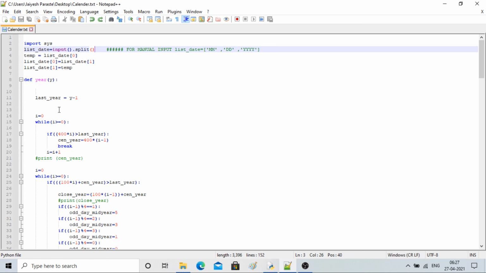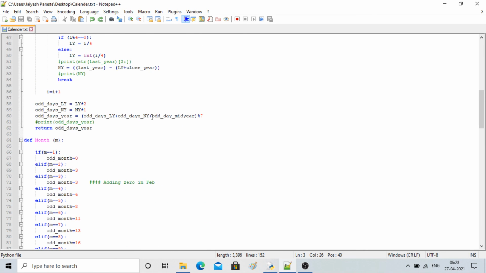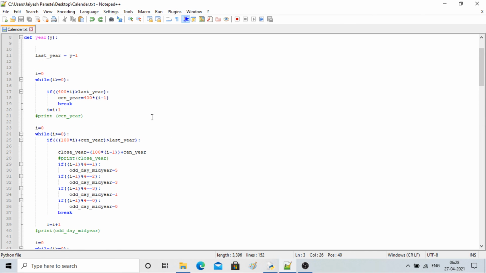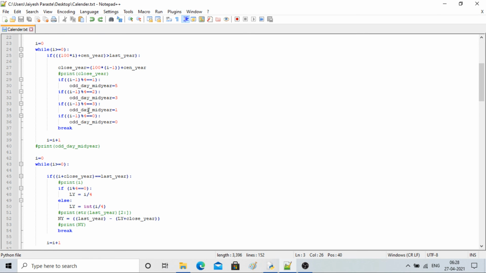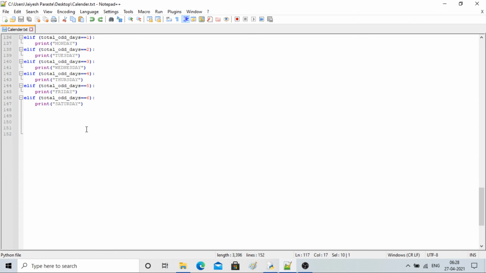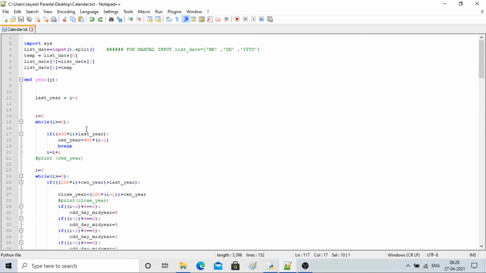I just wanted to tell you to use Notepad++ and how it should look, and you can play around with the code. If you feel that you can optimize it in a much better way, then you are most welcome. I'm not a professional coder, or from a computer science background, so pardon my variable naming and all. I'm not that experienced. Maybe you will come up with better names or a better algorithm, then it is yours now.